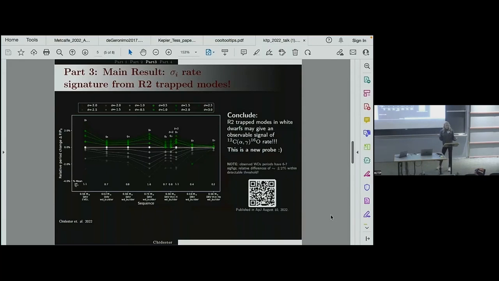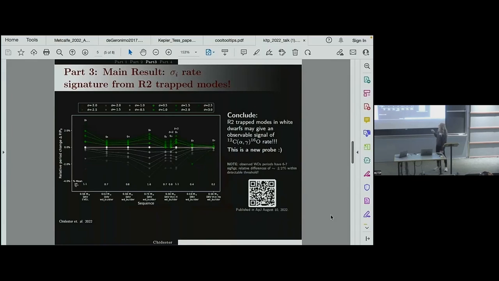And when we first got this, we were a little puzzled, like, what the heck? But when we investigated and saw that it was resonating with R2, it inferred that, okay, it really could be picking up that sigma sub I distinguishment. But we had to verify that across other model sequence types. So we did the same analysis with the 13 rates. We varied the masses. We varied the thickness of the envelope, whether they were DA or DB white dwarfs. And it turns out that our result persisted.